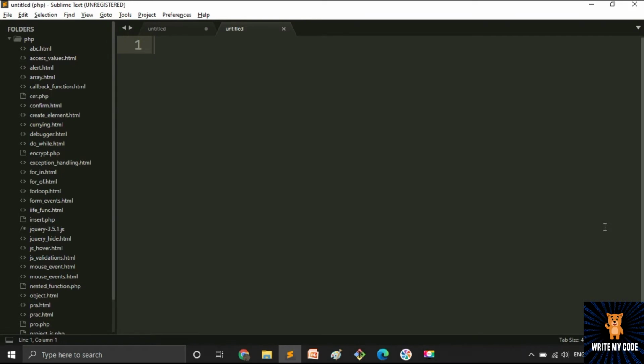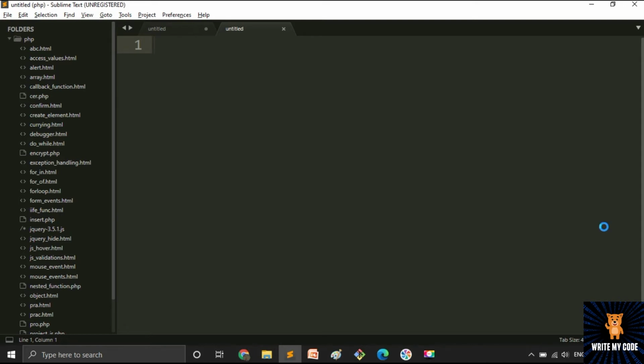So now let's start our coding. First we will see key down and key press event, and then we will switch to the key up event. First, what we will do in key down and key press? We will create a counter. When the key will be pressed down, at that time the counter will increase its values. So we will get that how many times our keys are pressed.